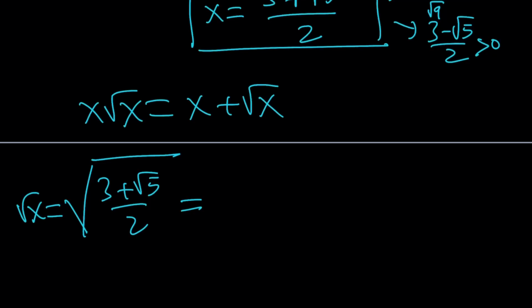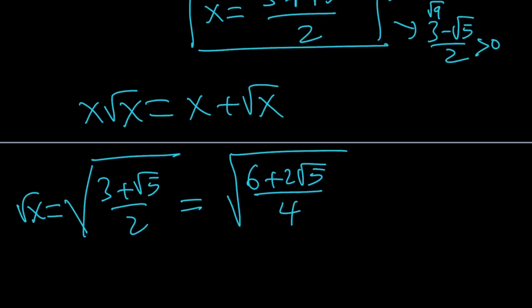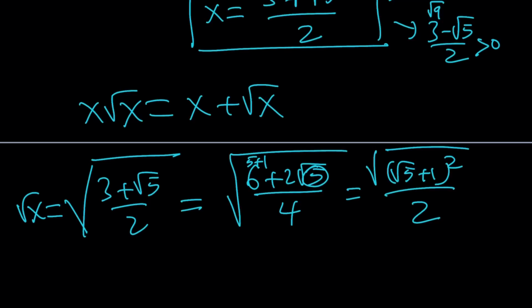So in order to square root this number, I have a nice trick. Hopefully you can use this. Multiply by 2, top and the bottom. If you recognize this is because 5 plus 1, and this is 5 times 1. So this can be written as square root of (5 plus 1) squared, and I can split them up like this. And this becomes square root of 5 plus 1, or I can write it as 1 plus root 5